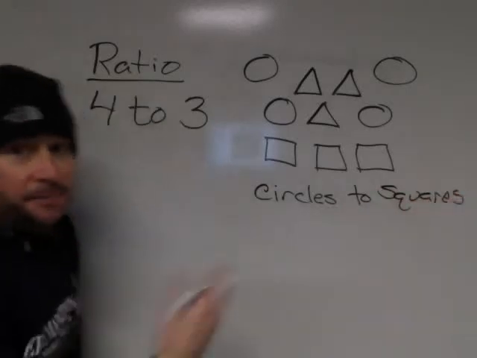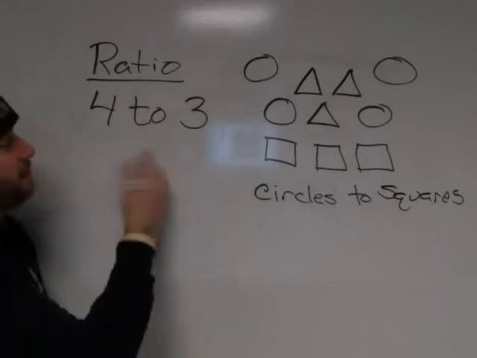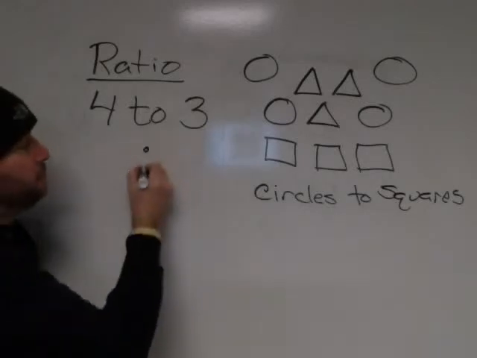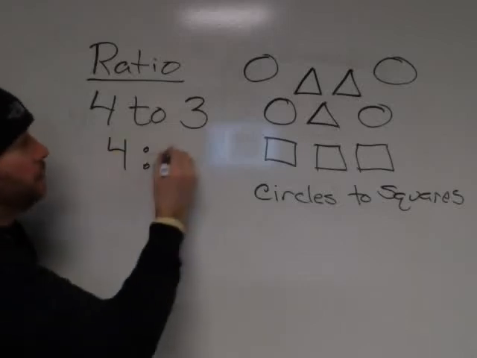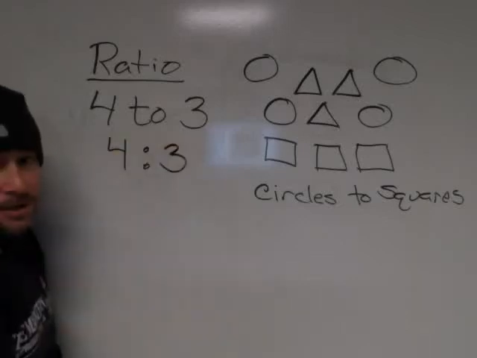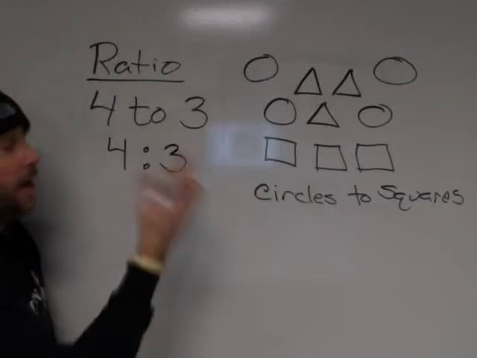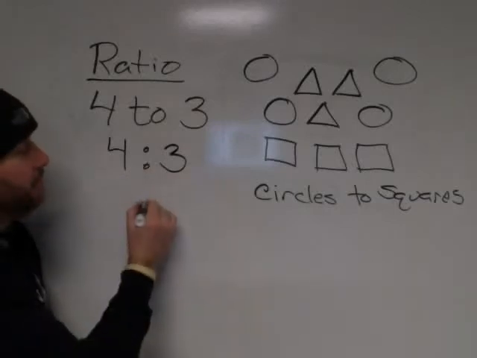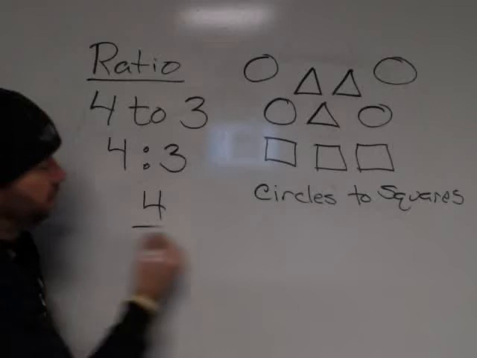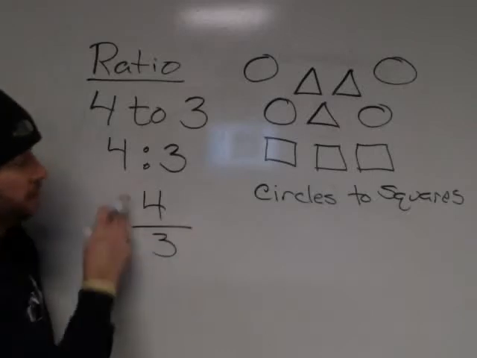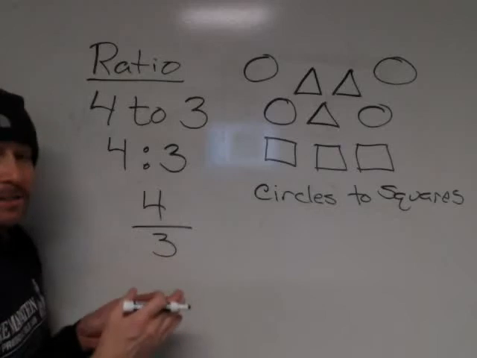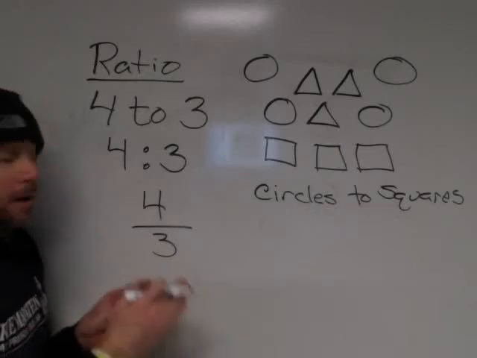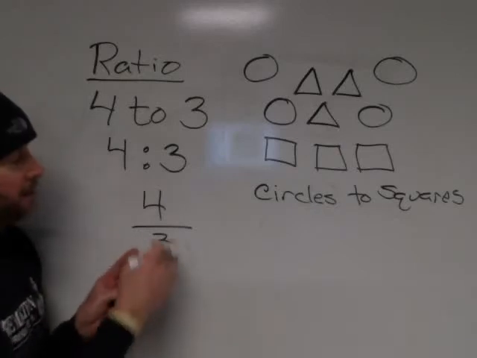Okay? Let's keep thinking about that. And the other way you can do it is to use colons. Okay? And simply write 4 to 3. A 4 to 3 ratio. And the third way you can write it is as a fraction. 4 to 3. And a ratio acts and operates just like a fraction, but what's different is you're thinking